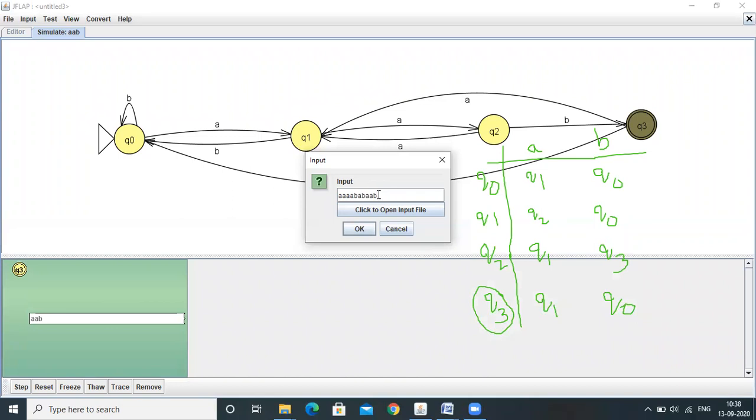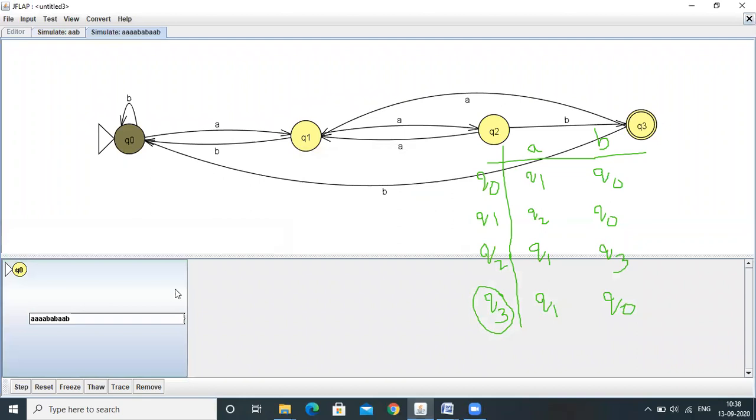Finally it is ending with AAB. Let's check whether it is accepted or rejected. Q0 on A, Q1, Q1 on A, Q2, Q2 on A, Q1, Q1 on A, Q2, Q2 on B. Up to here, four A's and B, ending with AAB, it is accepted.